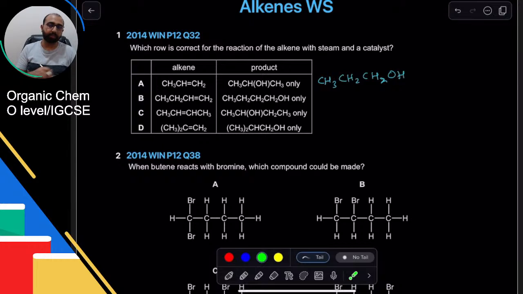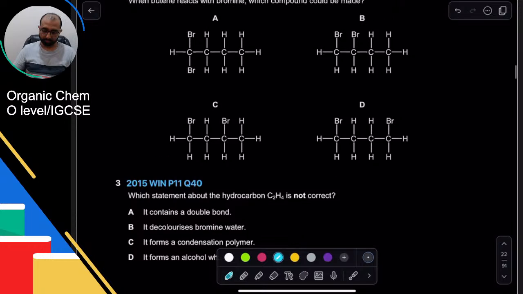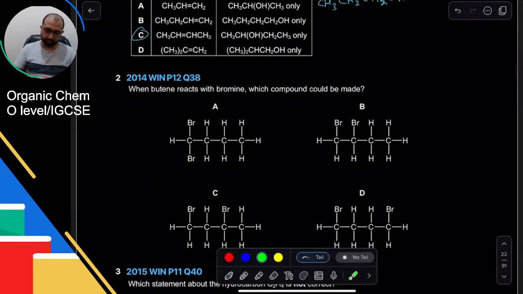So not to say कि सारे symmetric molecules में isomers नहीं बनते. हमने एक केस देखा था जिसमें नहीं बनते, जिसमें बनते हैं. But this one, whether I produce OH here or I put it here, I will always have OH on the second carbon. So because of that, C is the one that has no isomers. This is the only possible isomer. और D को भी देख लेते हैं. D maybe you can have OH on the first carbon or the second carbon, which makes things different, but in this one you will always have it on the second carbon.